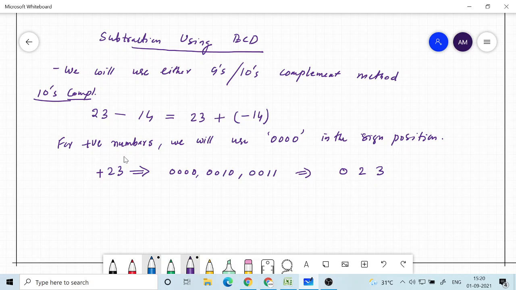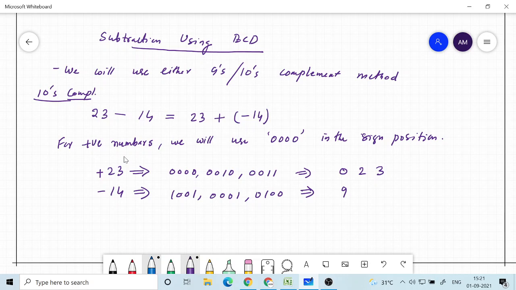Now what about minus 14? In a similar way, we will allocate 4 bits, but now for the minus sign we will use 9, and then you have 0 0 0 1, and then 0 1 0 0, or in other words we have 9... okay, I think I made a mistake.